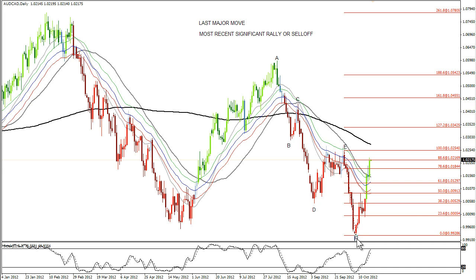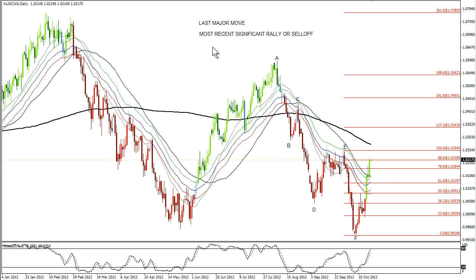But some of you might say, well, why not focus on the move from A to F? The move from A to F was retraced already, twice, then we had the chop, and then we made a new low. This is not a last major move in that it was unretraced. Is it significant? No doubt. Is it the most recent rally or sell-off? It's not. Now, if I was just looking for the most recent rally or sell-off, I'd end up with tiny little moves. Okay? So what I look for